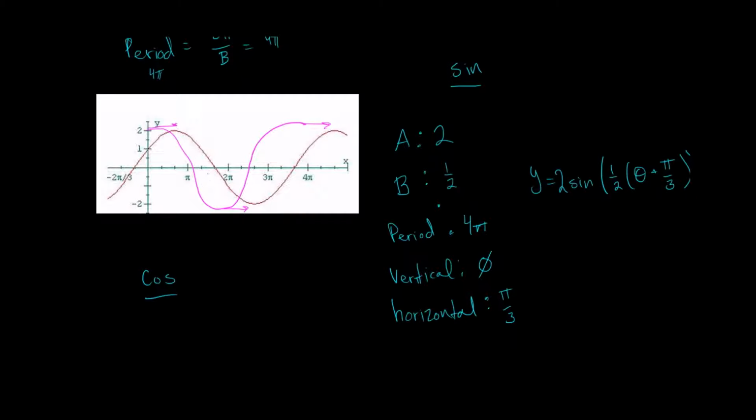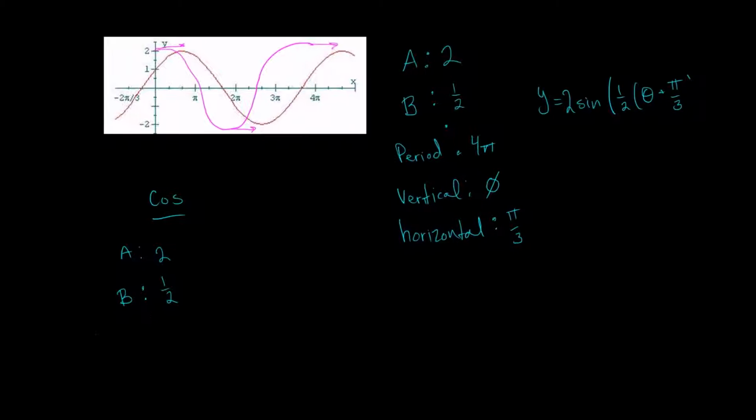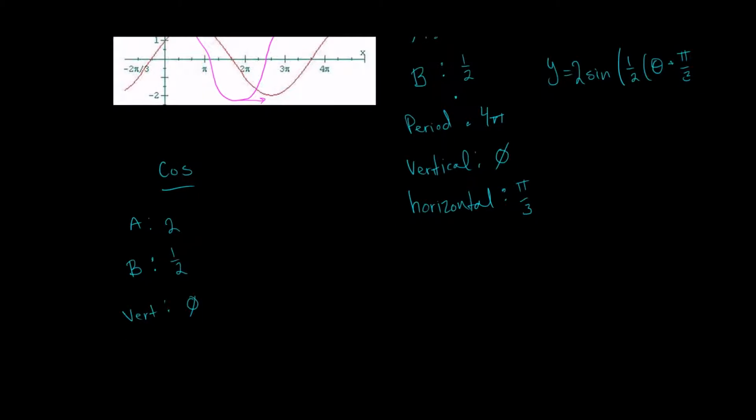So what's our amplitude? Well, our amplitude is still 2 and -2, so our amplitude is 2. That hasn't changed. What about our b value? Well, our b value stayed the same, right? Because it still takes us 4 pi units to go from one point to the same point on another cycle. So our b value is still 1/2. What about our vertical shift? Well, our vertical shift hasn't changed either, right? But now where it gets interesting